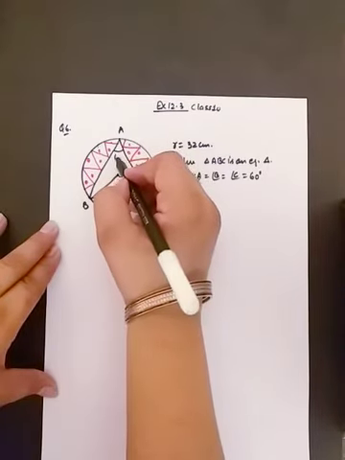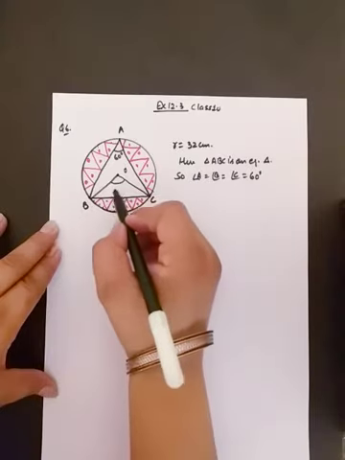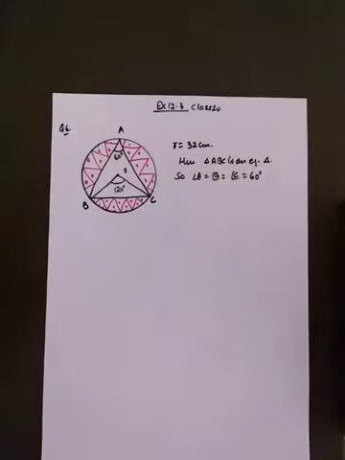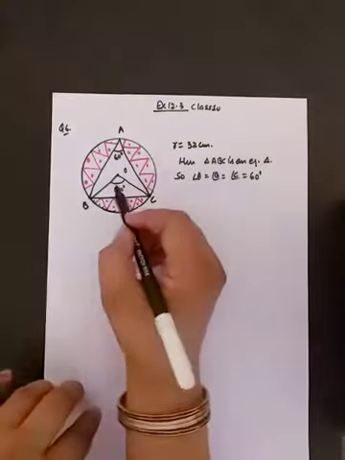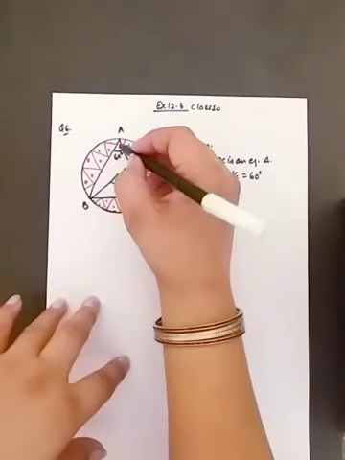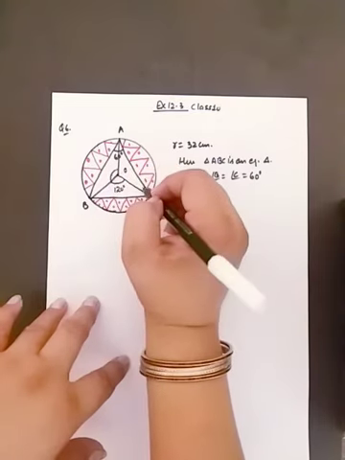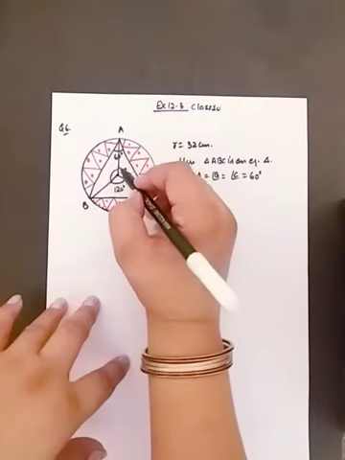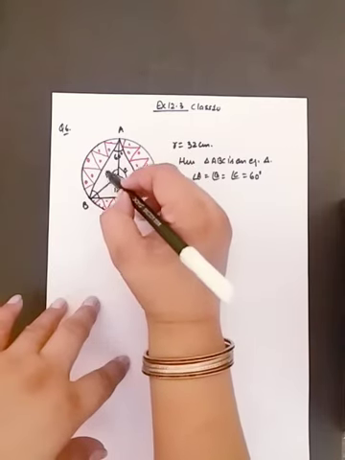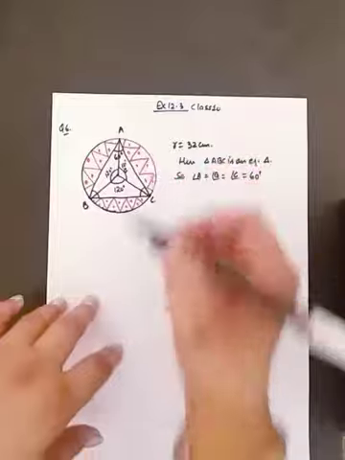As angle A is of 60 degree, angle BOC will be of 120 degree, because the angle subtended by arc BC on the circle is of 60 degree. So the angle subtended by it at the center will be double this angle. So by this property, the angle BOC will be of 120 degree. Similarly, we can find angle AOB. This angle will be double of angle C. And angle AOC will be double of angle B. So here each central angle is of 120 degree.